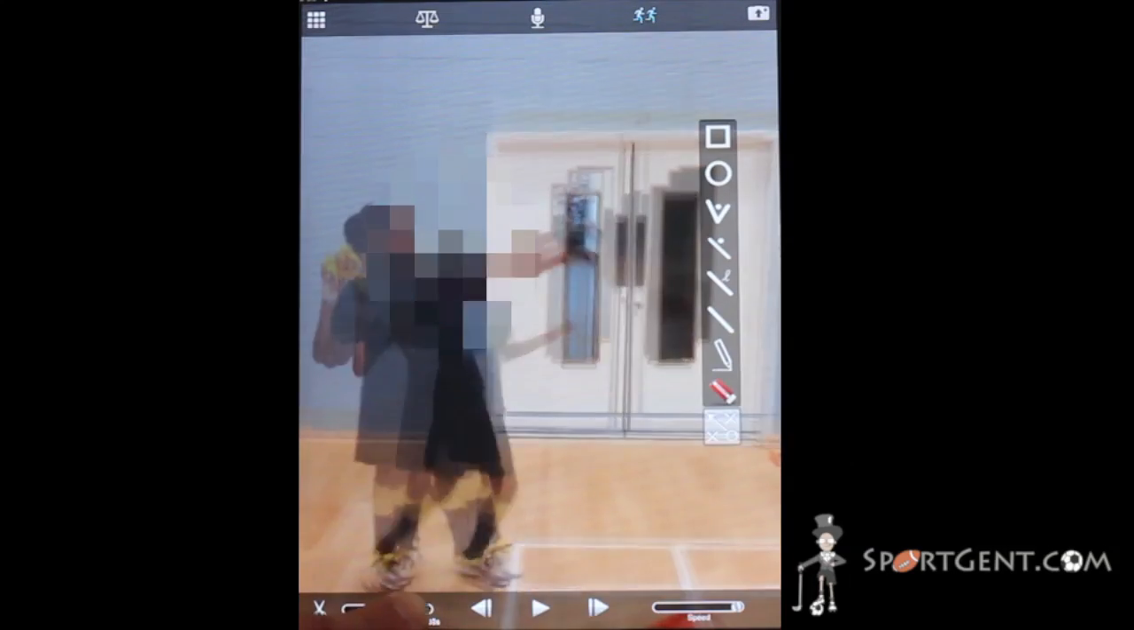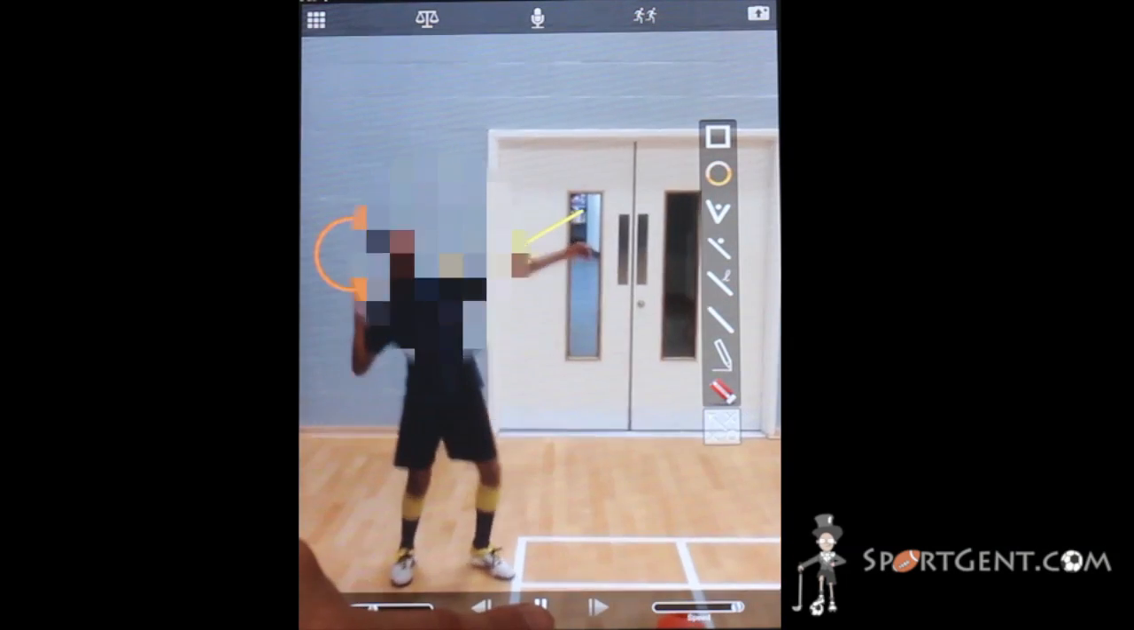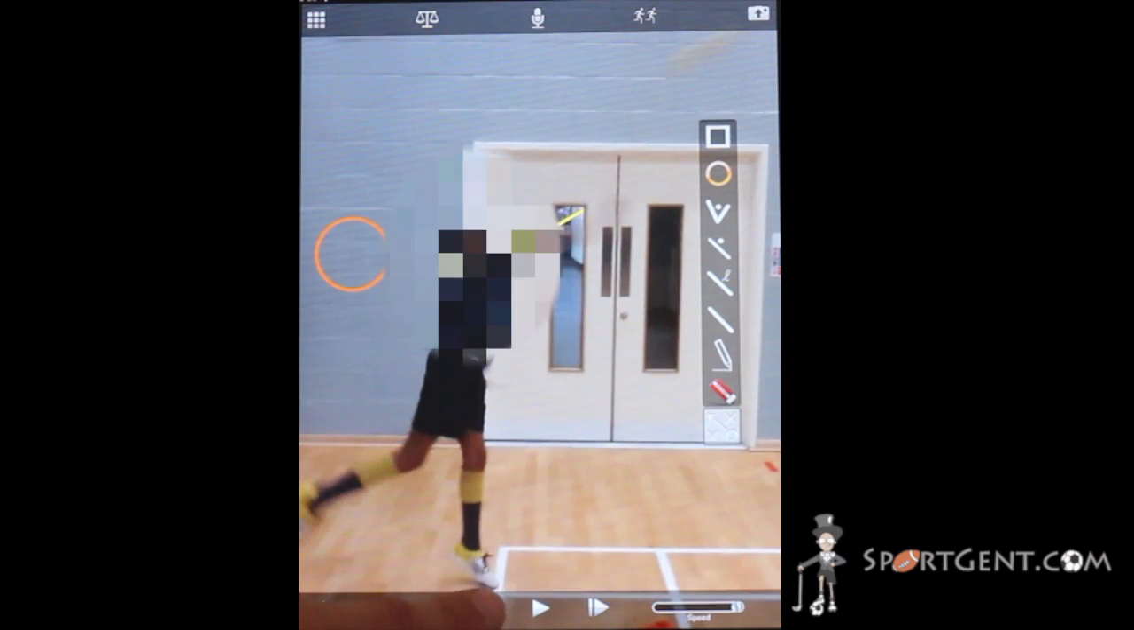There are many functions in Ubersense, some of them so simple yet so useful. First of all, you can scroll through the footage using a tap and drag icon or by simply swiping the screen. You can go through footage frame by frame to get that perfect moment, and you can alter the speed